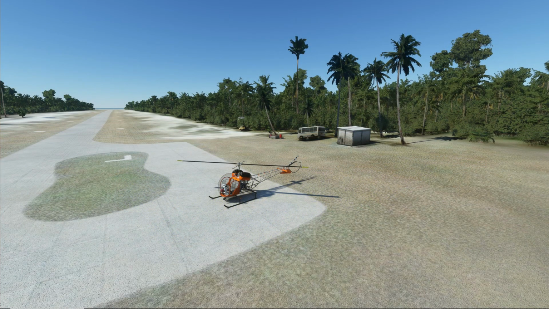So let's have a close-up look. So here we are on the pad at the other end of the runway. Again, it's a short strip, so you need to be pretty careful. Just a couple of interesting things to see here. This bus looks really just like a placard. If I show you this now,